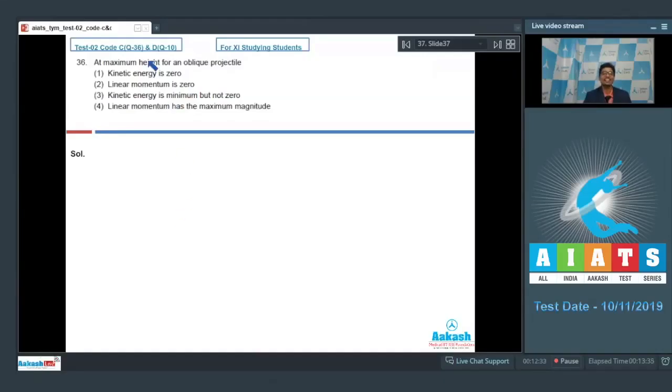Question number 36 says, at maximum height for an oblique projectile, option 1 kinetic energy is 0, option 2 linear momentum is 0, option 3 kinetic energy is minimum but not 0, or option 4 linear momentum has the maximum magnitude. Dear student, as the projectile moves along its trajectory at the maximum height, the velocity of the projectile is